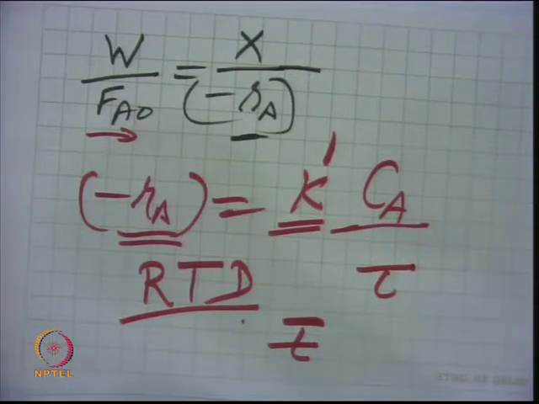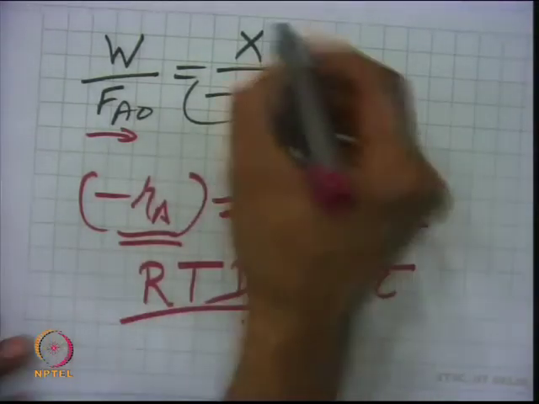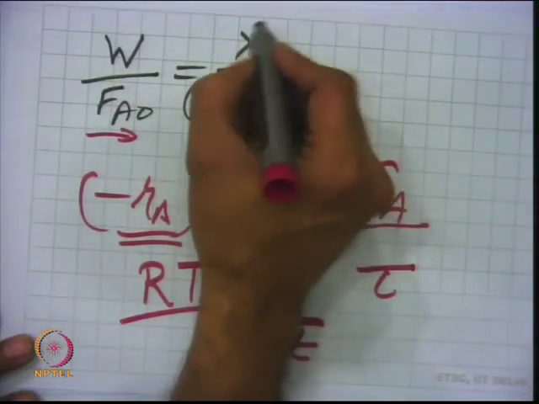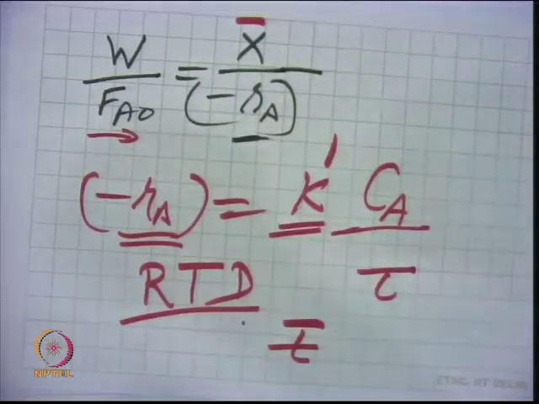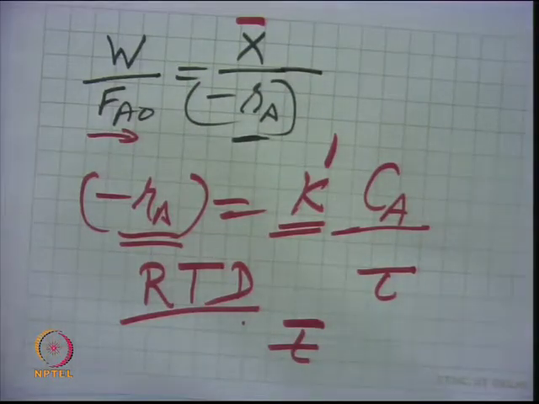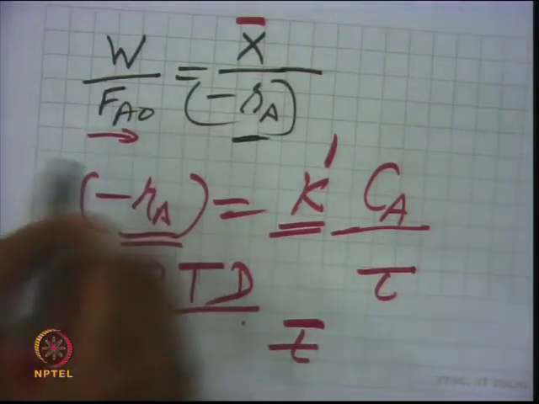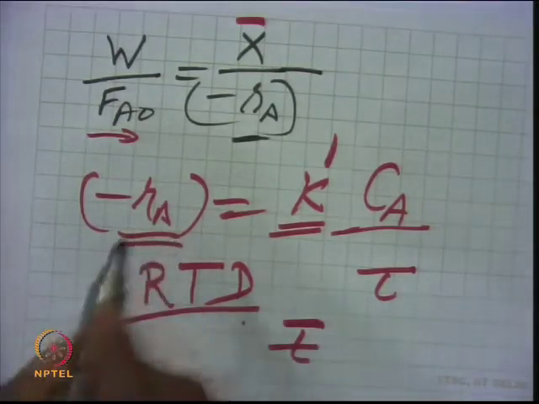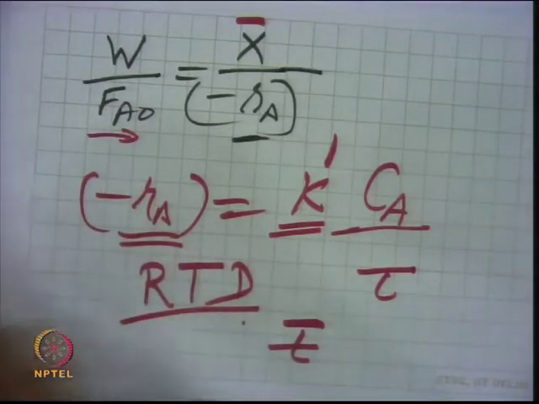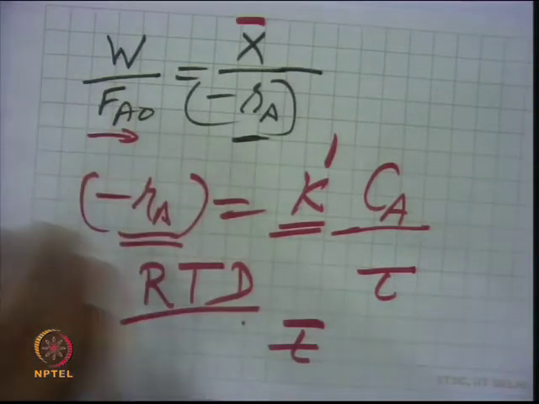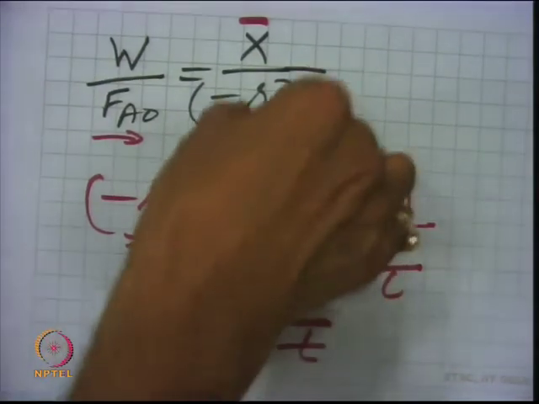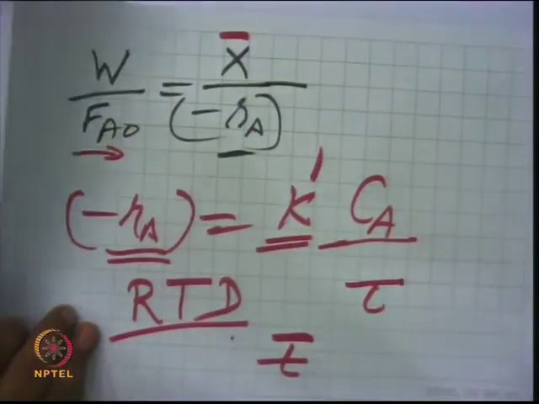So, the conversion will now be the mean conversion of the solid, if it is a non-catalytic solid, otherwise it is the conversion of the gas. So, one needs to calculate the mean conversion, which is not constant, and will depend on the residence time, that is T bar. One has to calculate this concentration as a function of time on stream, or the mean average concentration throughout the reactor, and then calculate. The simplest is to take a simple CSTR and take the rate equation and find out, but this is not the correct way.